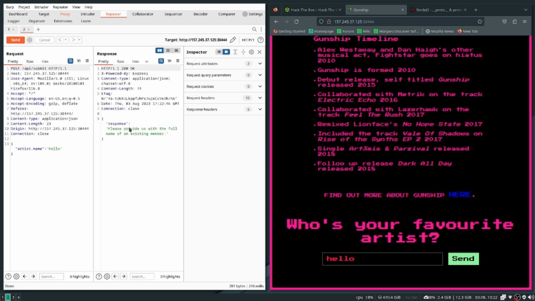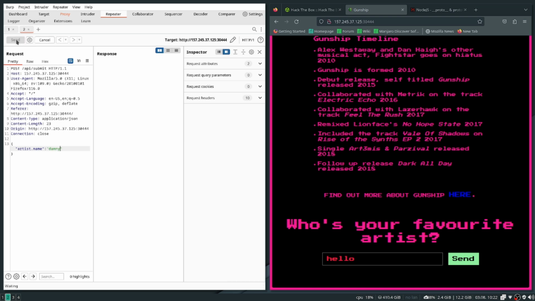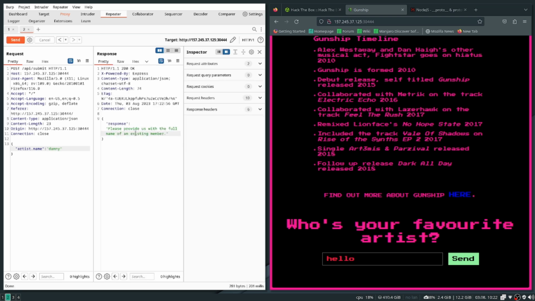Send. "Please provide us with the full name of an existing member." We get that error. What if I try an actual name, just of myself? We keep getting this error. So after messing around with this for a while, I decided to stop guessing and look at the source code,